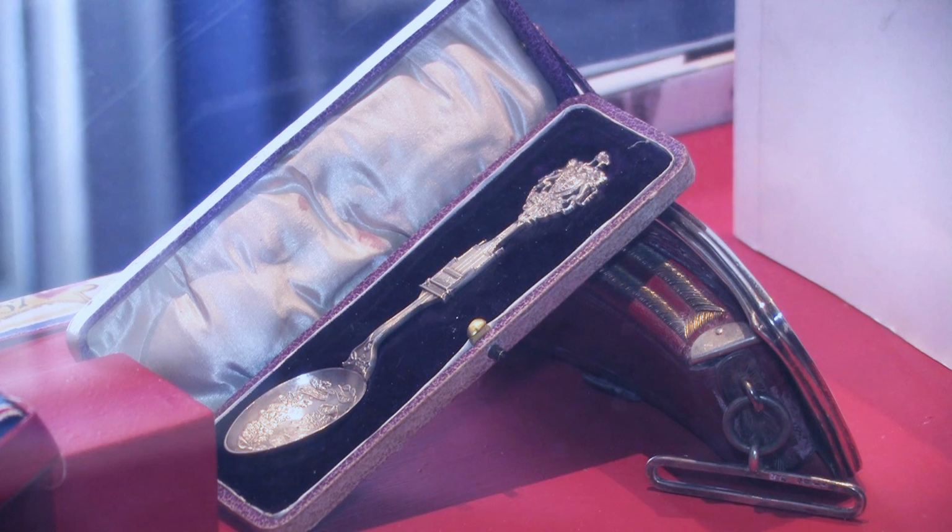In the central display case in the blue room, as I said, we have lots and lots of rare and precious things, ranging from mementos of different coronations from the time of Queen Victoria onwards. You go around in a sort of circle round the display case. Here on one side we have